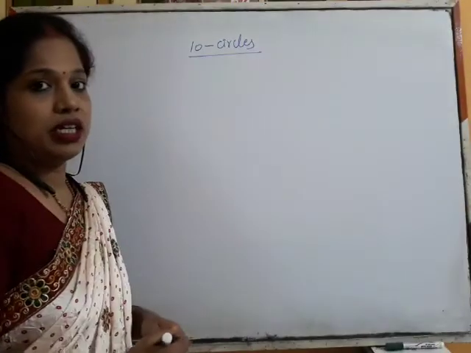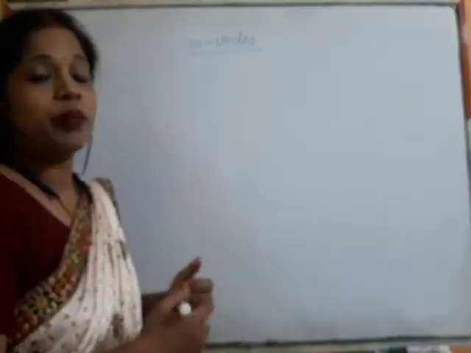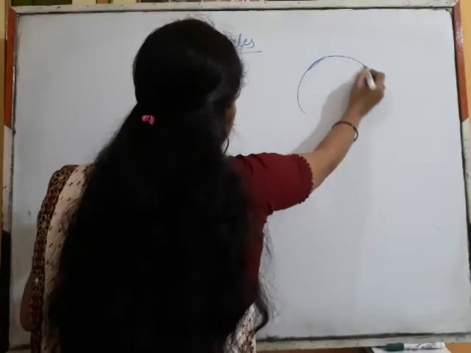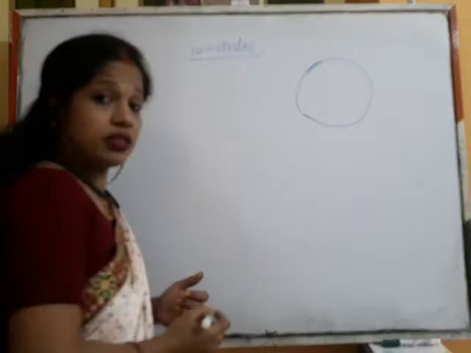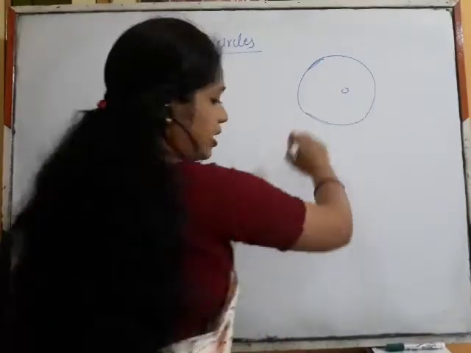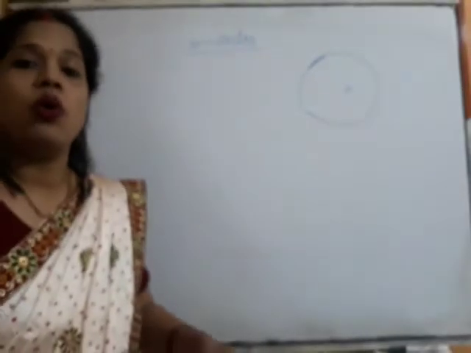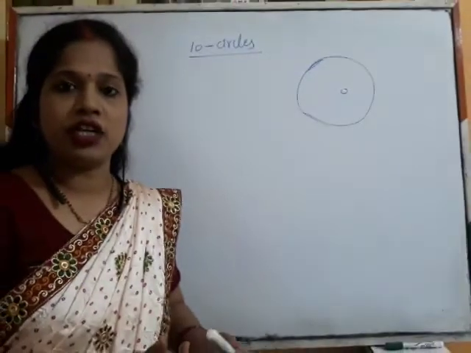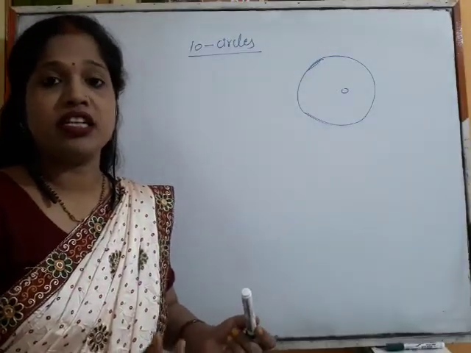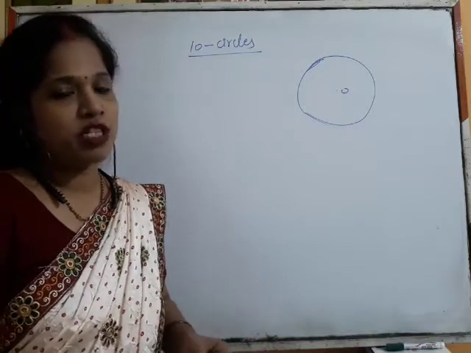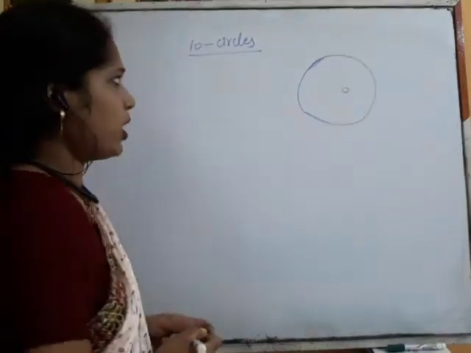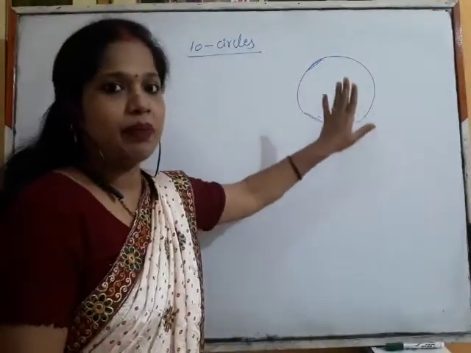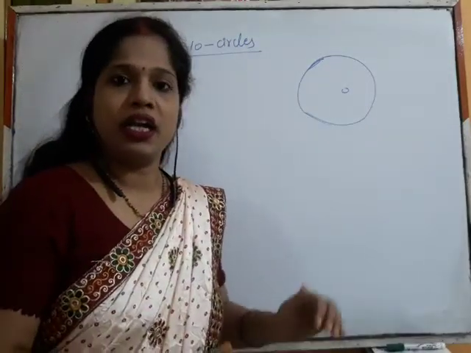So chapter circle. Since we are studying the topic circle, let us see how the circle looks. This is a circle. It is having a center. So if we try to define a circle, how can we define a circle? There is a definition of point also, there is a definition of line also, so there must be a definition of circle also. This board is a plane, and on the plane this figure has been drawn.